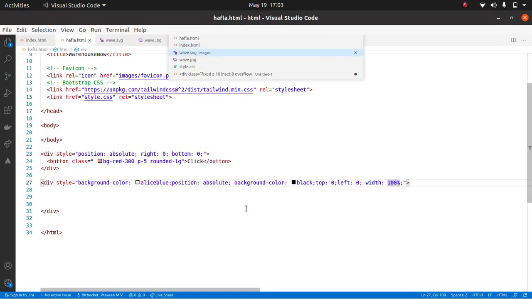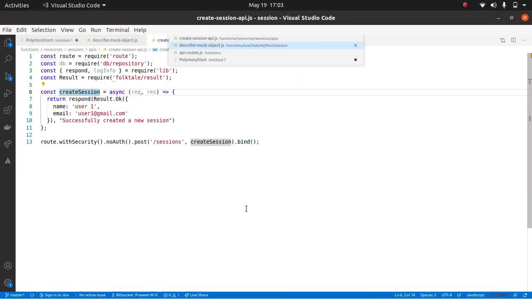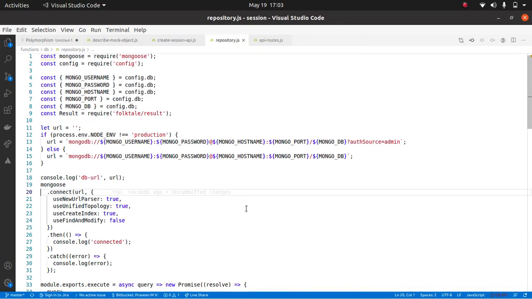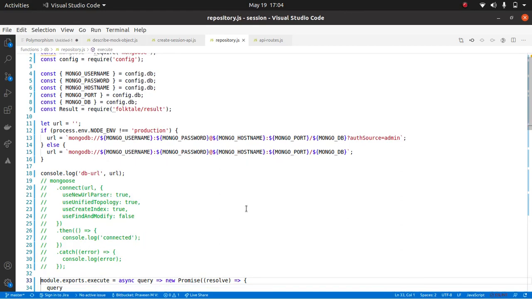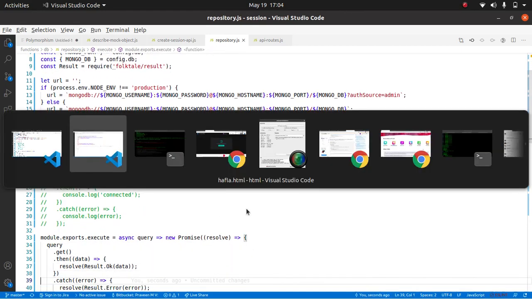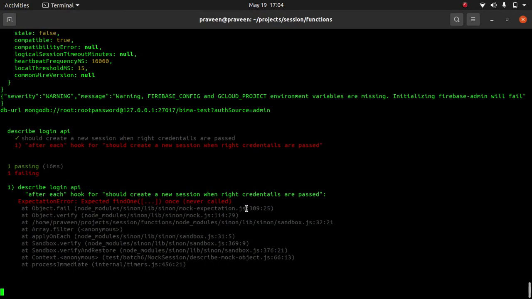So I'll do one thing in the repository right now. I'll just comment some things out. So this guy mongoose.connect, I'll just remove this. Okay, so till now we are on the same page, right?